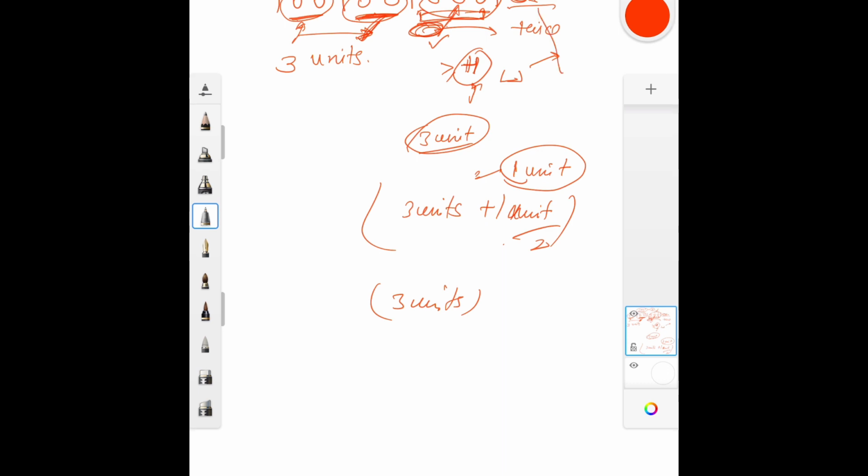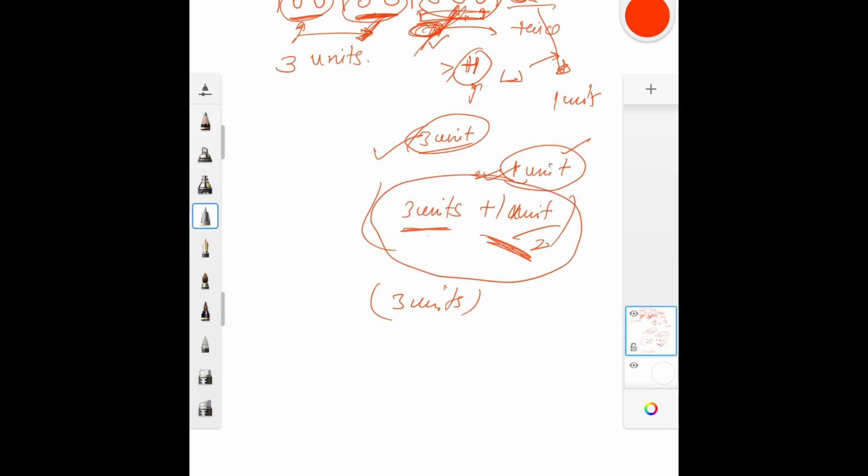So at this point, what is best? I can get 1 unit, but if I come to this point, I have these options, either 3 units or just skip this part. In that case, we will still have 1 unit. Otherwise, we can have 3 units plus 1 by 2. So we can take the max of these opportunities and we will see that we are going to opt for this.